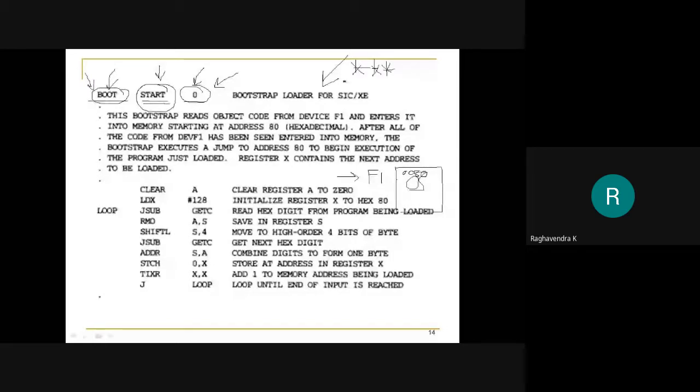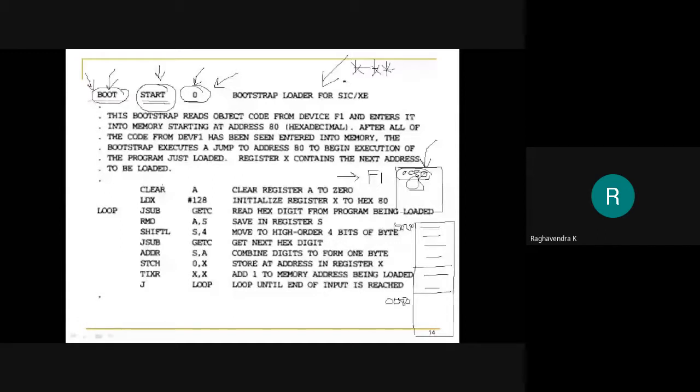It has to read from this device and load the operating system at 0080. Throughout, we will assume that this particular program is already loaded at 0000. At 0080, we are supposed to load the operating system. So this is the scenario, right? Let us now look into the program.